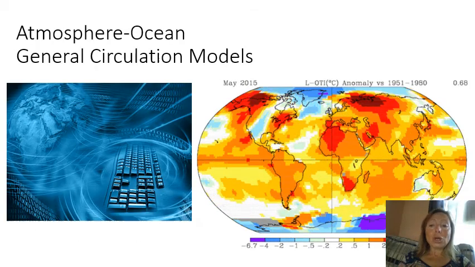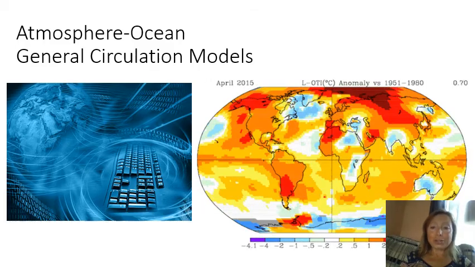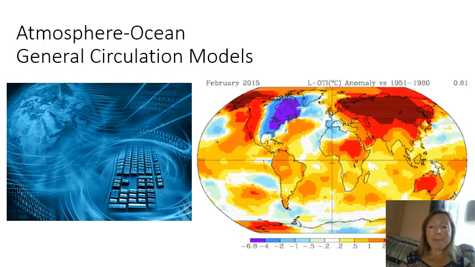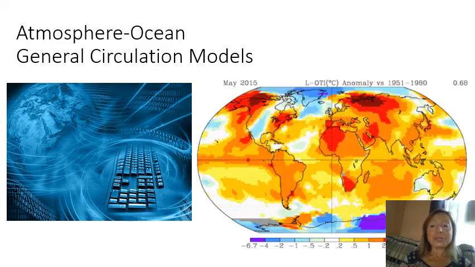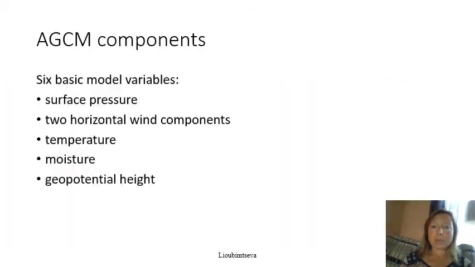So let's take a closer look at AOGCMs, the atmosphere-ocean general circulation models. Sometimes they're simply called global climate models, and the ways they can help us understand climate change in the past, present, but especially future. The two key submodels of those AOGCMs are, of course, the AGCM, the atmosphere general circulation model, and the ocean